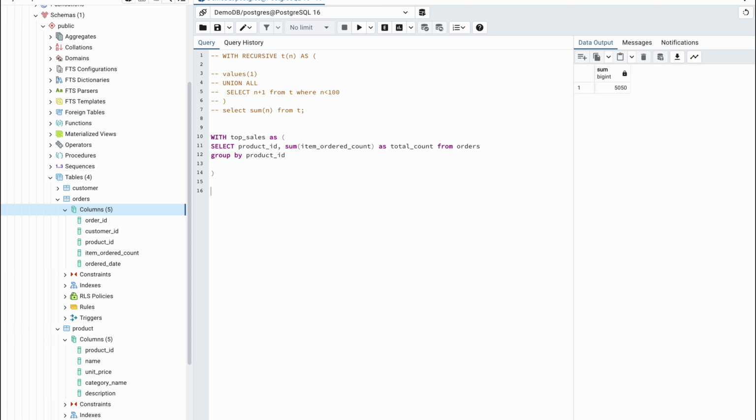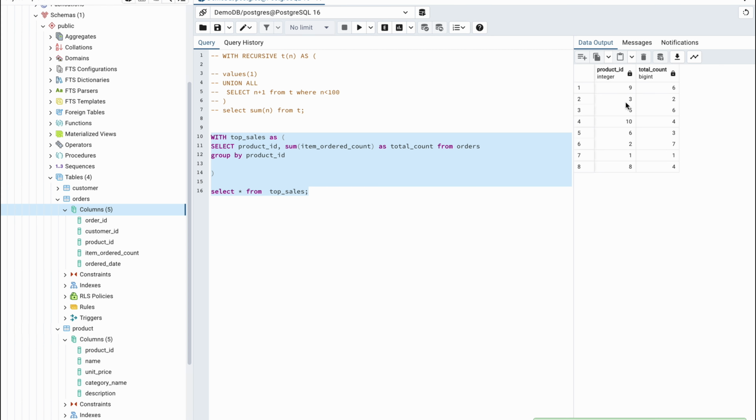So if we want to just see what this has, then we can do select all from top_sales. This should give us the product ID and the number of items that were sold. So here, sure enough, we have the product ID along with total_count, which represents the total number of items sold. So I will comment this out, and now we will take this product ID and join it with